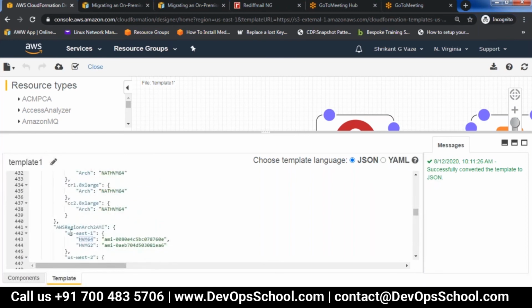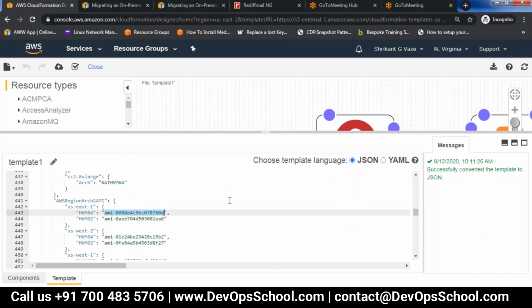So depending upon your region, suppose I run it in the North Virginia region, then depending upon my architecture, which is selected in terms of the type of the instance, I will be selecting a particular AMI, right? So this template can be run in any region, so we should make sure that it runs seamlessly. Those AMI IDs will be picked up according to the region. Okay, so that is the mapping section. All these things you need to code in the template, and you can create a stack.